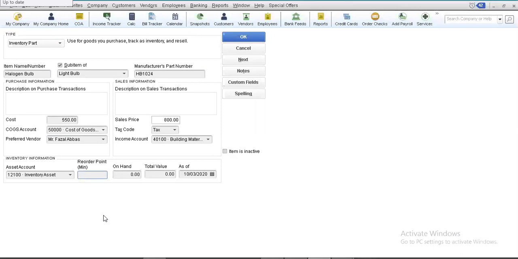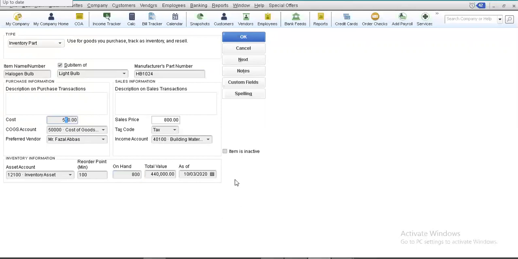So the reorder level that we want to set for this particular piece of inventory is, let's suppose, 500 units. Let it be 100 units, all right. And let us suppose that the inventory that we have currently in hand for this particular item is basically 800 units. So my dear friends, you can see that automatically the total value of this inventory that we have in hand as an opening balance is calculated as 440,000. And how has it been calculated? It has been calculated by multiplying 800 by its cost of 550, all right.